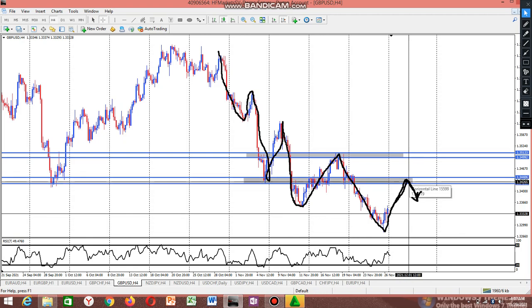If the market goes into that zone, you can capture at least 100 pips or 150 pips for it to drop back down. But the minimum amount of pips that I recommend is 10 pips, and then your stop loss maximum is 35 pips,